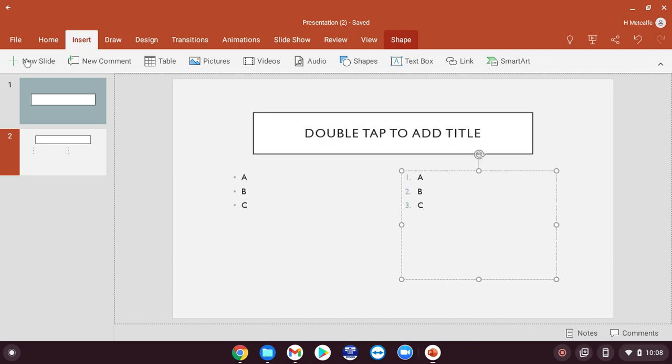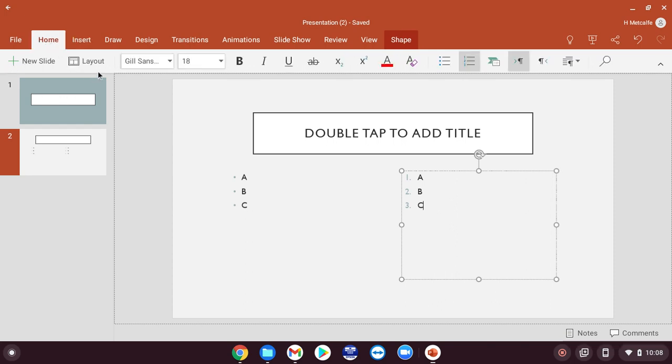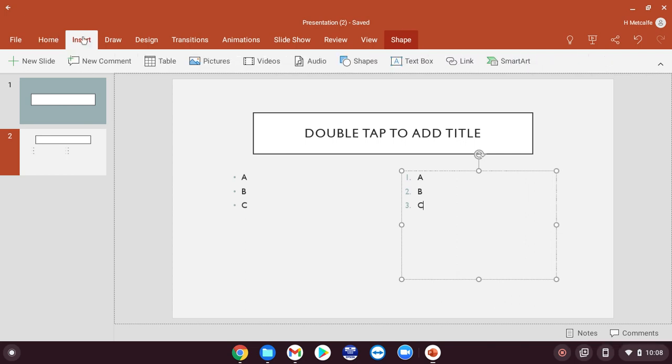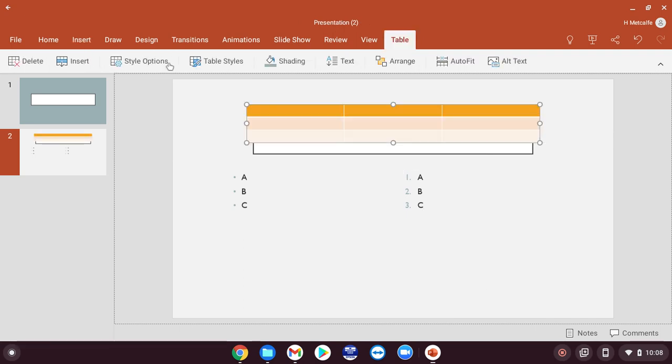Okay, so again, I showed you the new slide. If you want to change the layout, just go back to home and click on the layout, and that will change that for you, whichever one you choose. Okay, so here I can insert a table. So I might choose to insert a table,